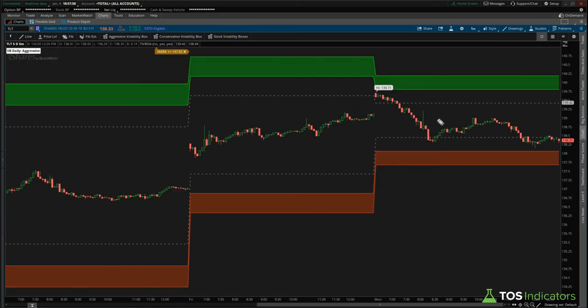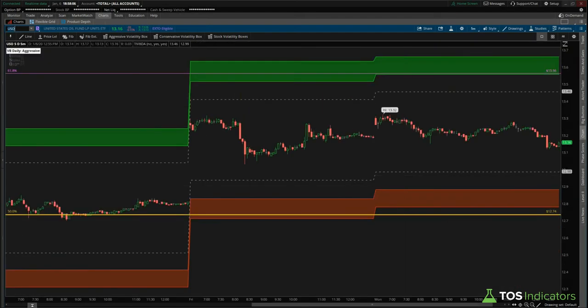Now, if we switch gears to the bonds, we'll notice something opposite, right? We have a bearish potential trending candidate here. And then finally, we'll conclude with USO. USO has been chopping just in between, even though crude did face a little bit of a sell-off today right here, which is where that volatility box entry and stop came. However, in tonight's video, we're going to focus on the bonds, the Russell, and then some potential likely trending candidates